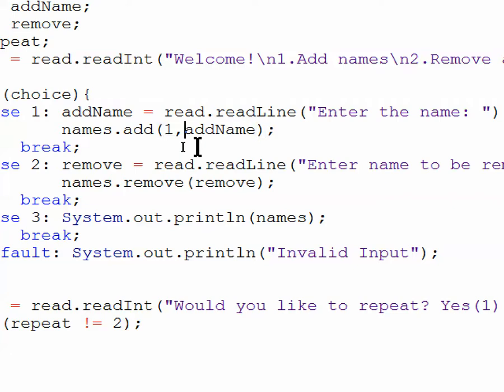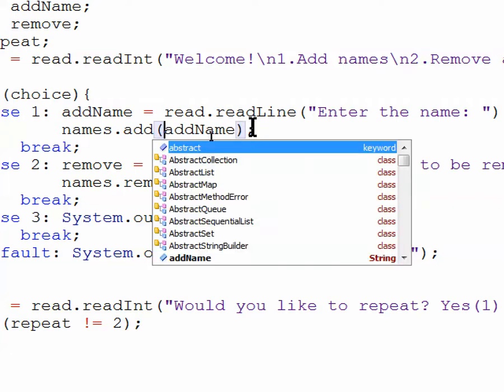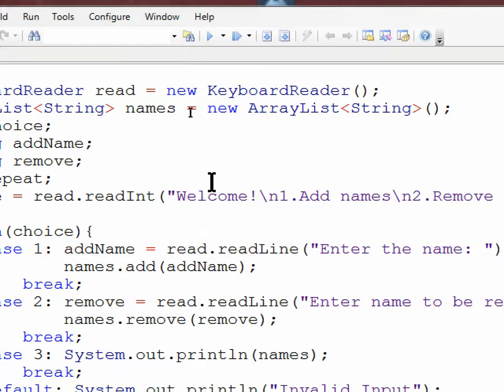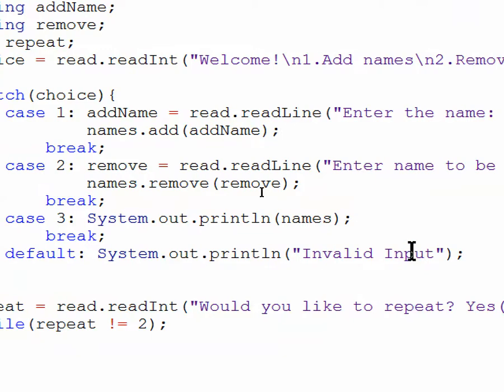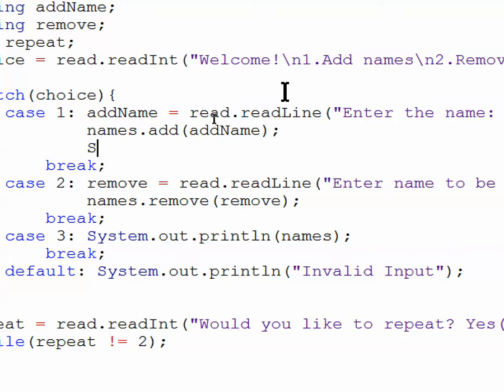Or you can do 1 comma whatever. And then we also want to print out the array after the user adds the name. So all we're going to do is just